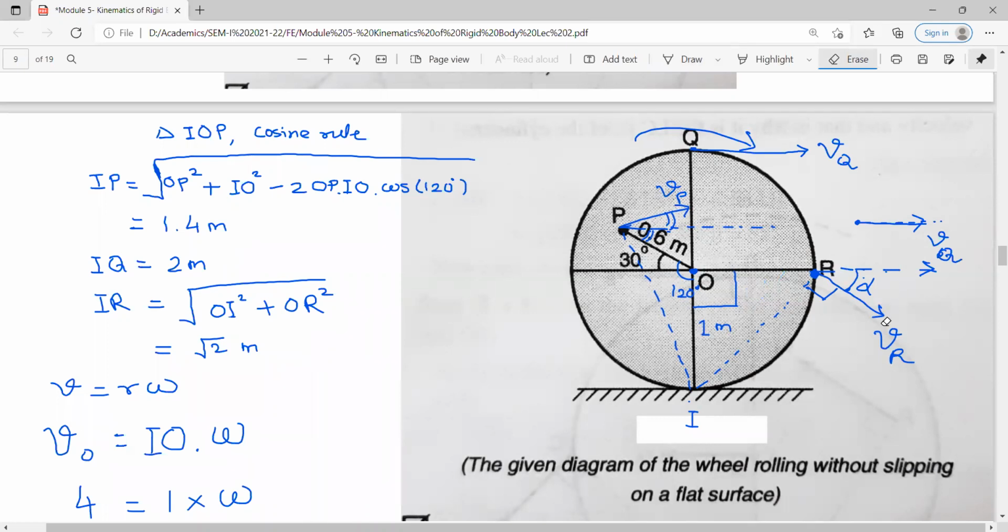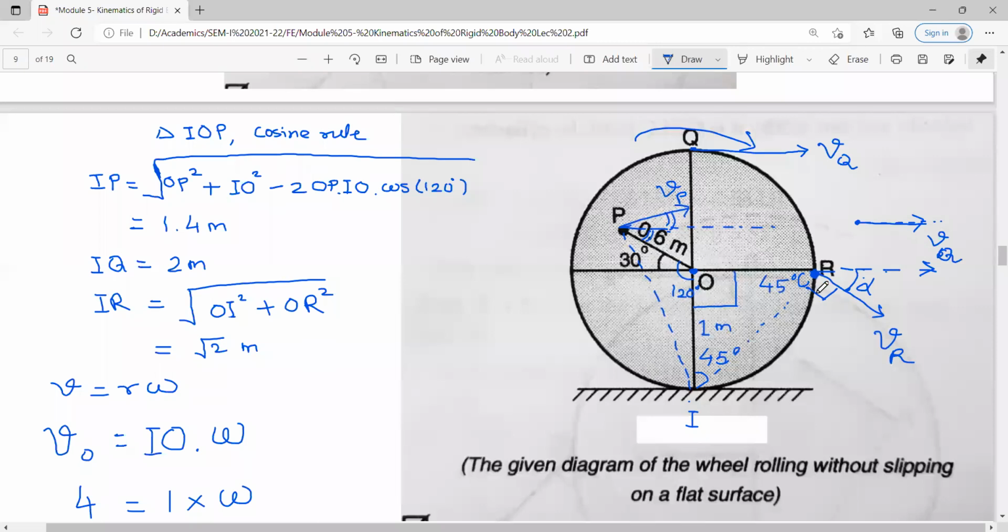So let us find out alpha. See, this angle is 90. This angle is 90. These two sides are equal, OR and OI. So for sure, this angle is 45. Any doubt in that? Any doubt that these angles will not be 45? These angles will be 45.